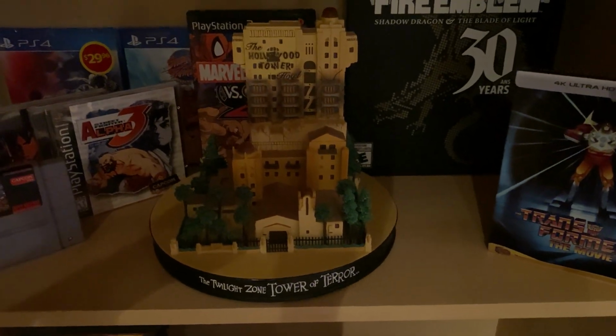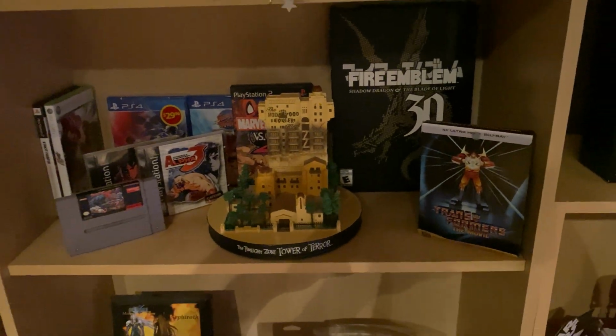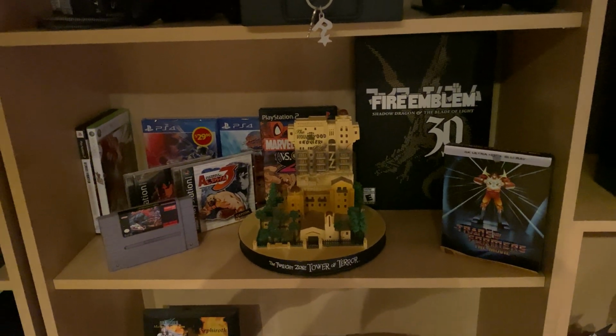Tower of Terror, that was from when I was in Disneyland for my honeymoon with my wife. Bought that. The ride's since changed to I think it's a Guardians of the Galaxy ride now. But